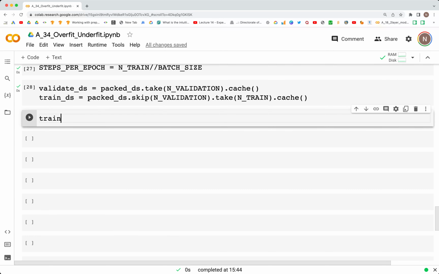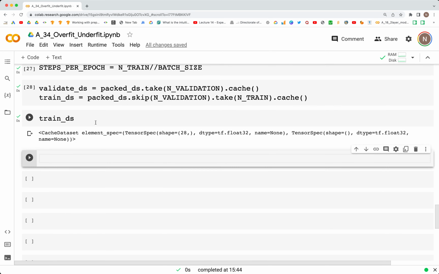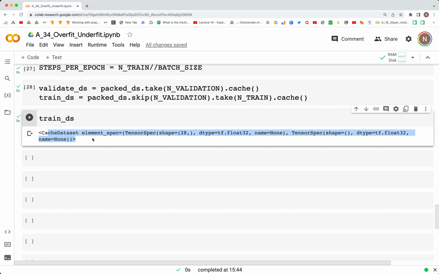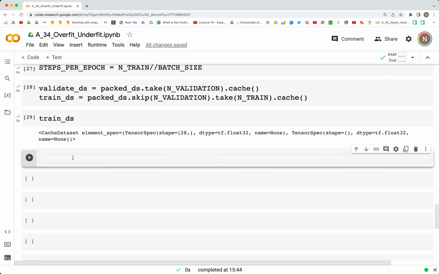So this is train_ds, and here we see it's a cache dataset that we have. Now we can also shuffle. We can attach the shuffle and the repeat and batch to this as follows. So validate_dataset is equal to validate_dataset.batch(batch_size),